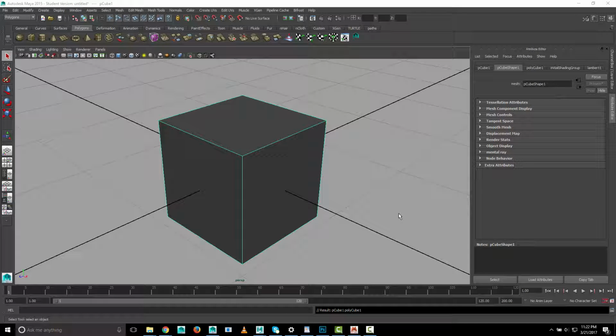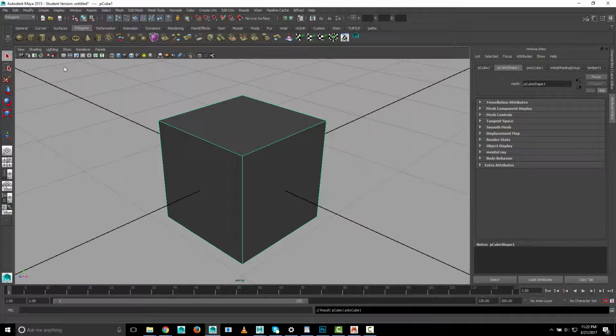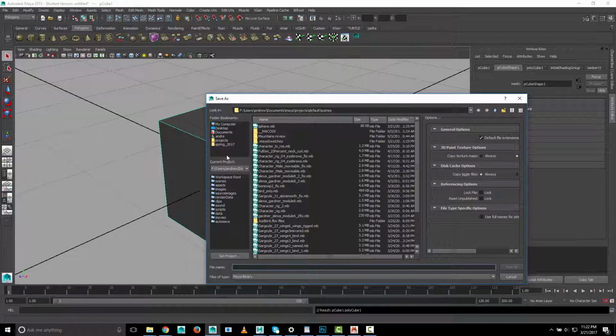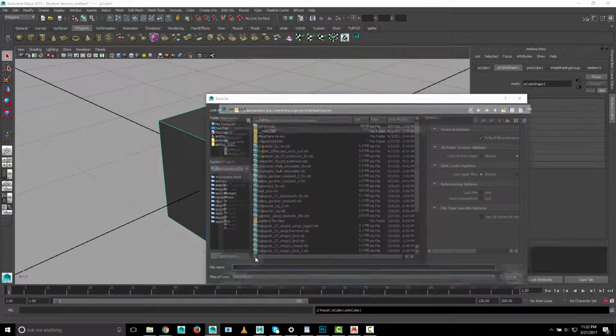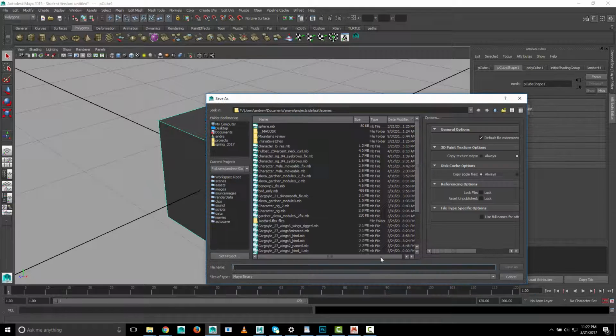This is just a quick video to show you how to manually save textures out of Mudbox. So I've got this scene, I'm going to save it, and make sure you've set your project. You can hit the set project button when you go to save, and I'll just use my default one, although it's better to use a real one. I'm just going to call this cube,